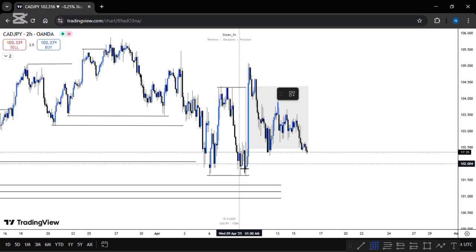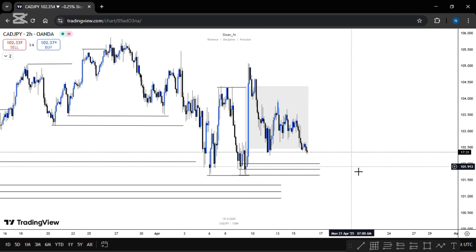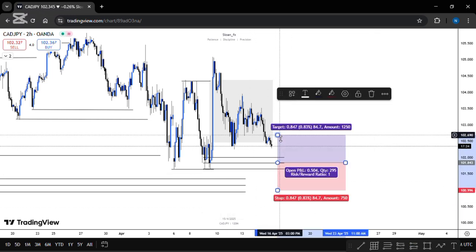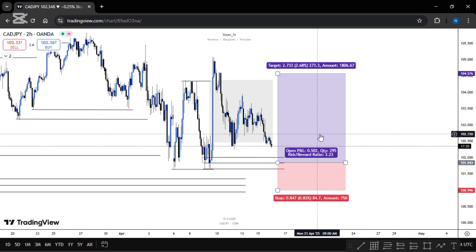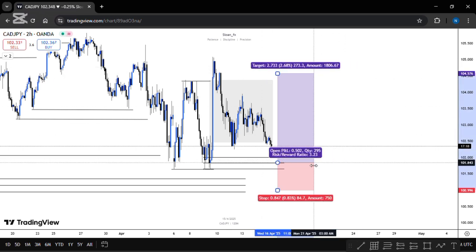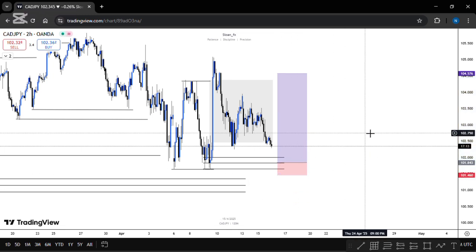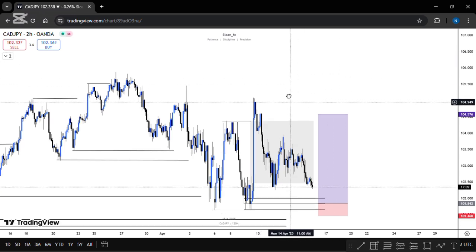I'll pick my entry slightly from here, getting my entry at the 50%. Target the first internal liquidity, and then stop loss slightly below. Basically, this is what I'm looking at. I'm still going to take this trade. But